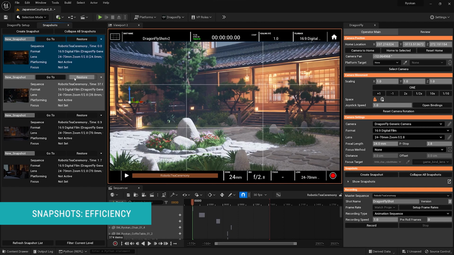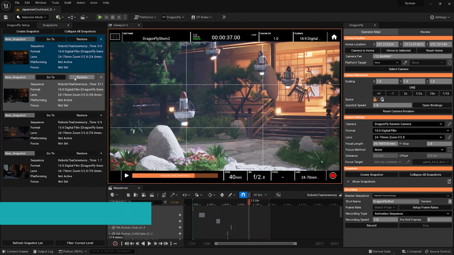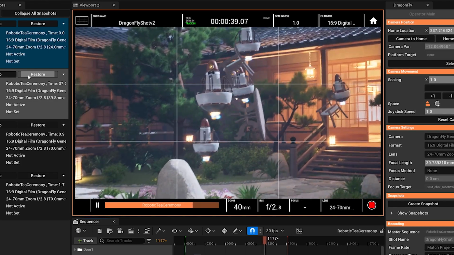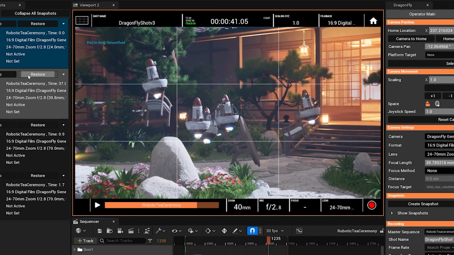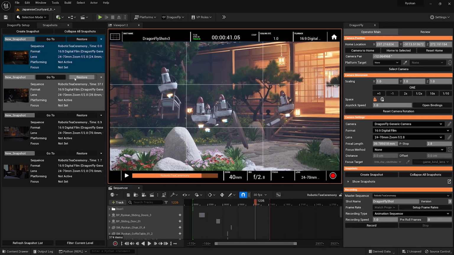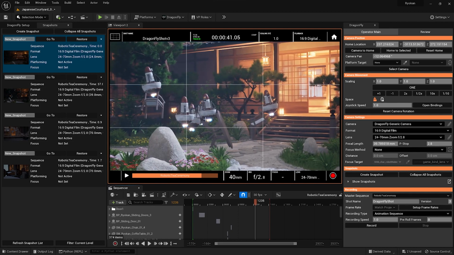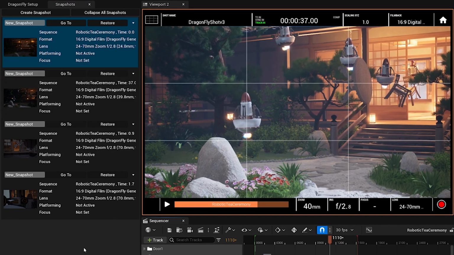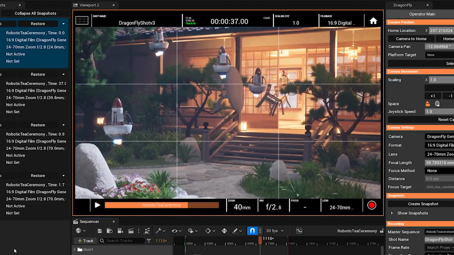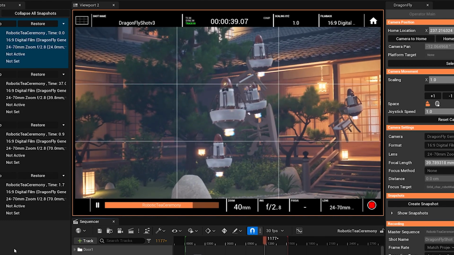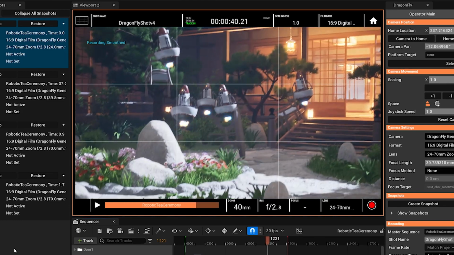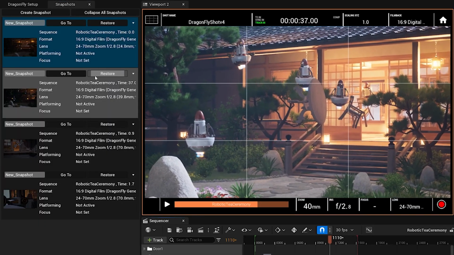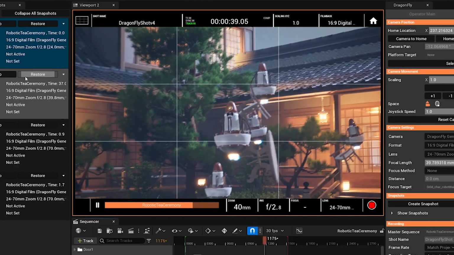Snapshots are also really useful just for efficiency's sake. One thing we can do with them is we can start a recording here, right? And maybe I'm immediately unhappy with this recording, but rather than resetting my camera position and my animation sequence and all of that manually, I can just hit go to and restore again. I'm back at my starting frame. I can give it another try, right? Maybe this is more like what I wanted to do, or maybe I do need another try even. Again, just click go to and restore, save the setup time, just hit record again and give it another try.